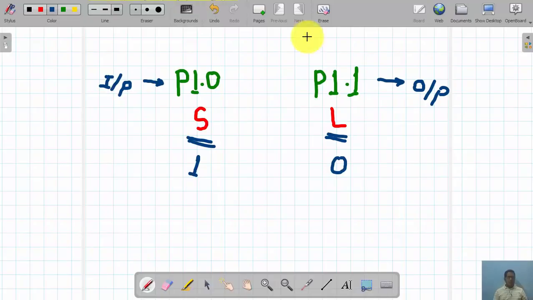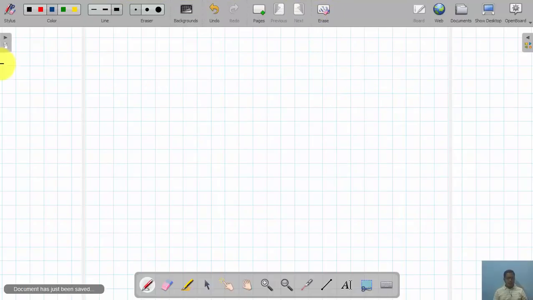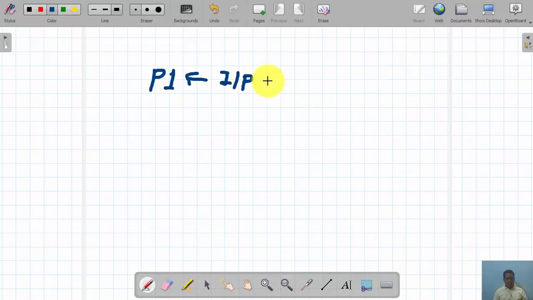Similarly, if I am going to utilize an entire port either as input or output, suppose I am using port P1 as input, what do we have to write? We have to write 1 on it, that is, P1 should be equal to 0xFF. FF means all the values of these 8 bits are equal to 1.